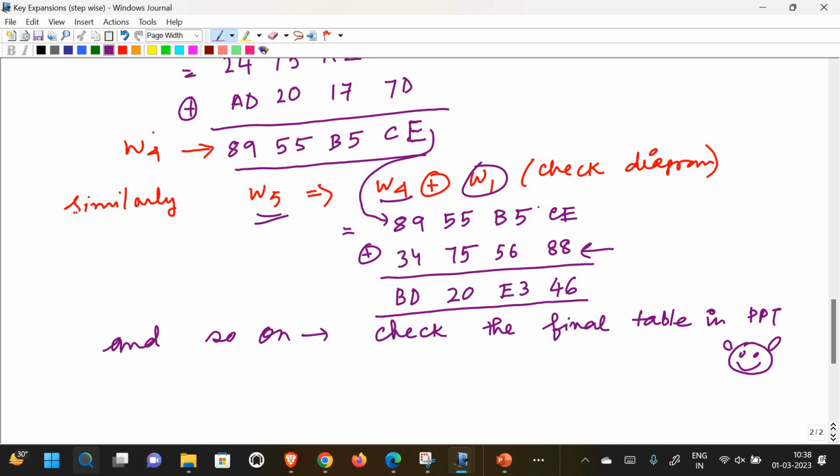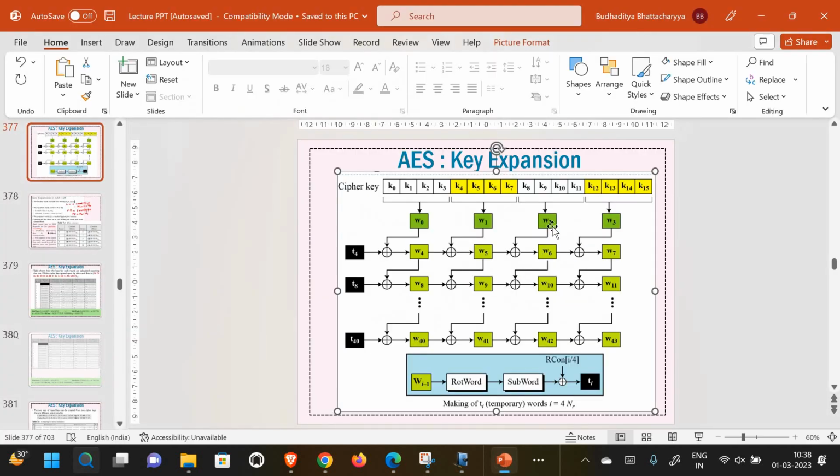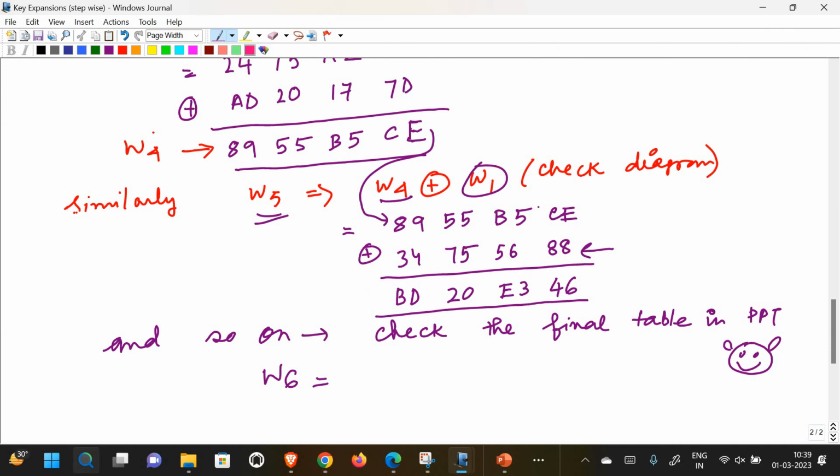So W5, W6 and W7 we can generate in the same manner. So W6, what will it be? Can you tell me? W6 will be, if I go back, W2 plus W5. W5 is what we have generated over here. So it's BD 20 E346 XOR with